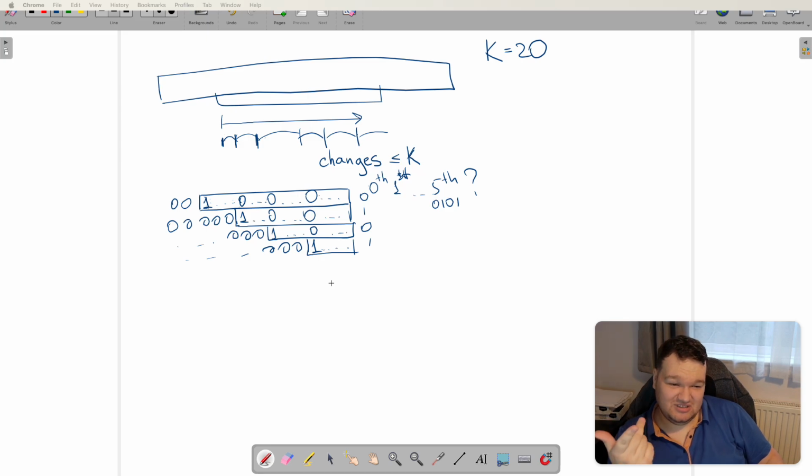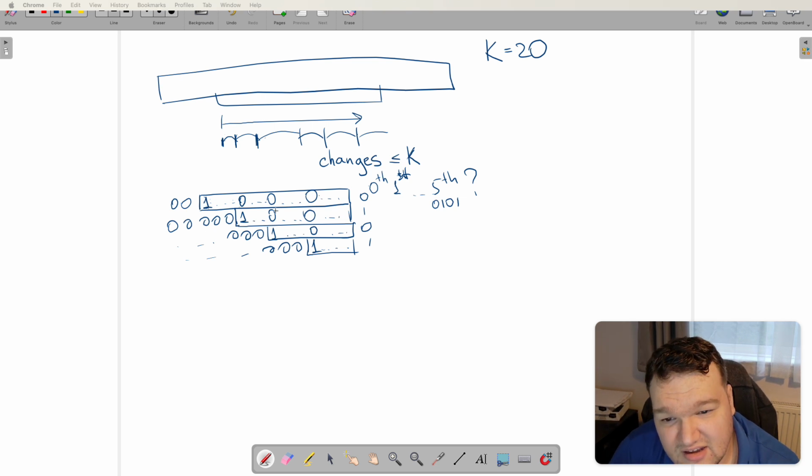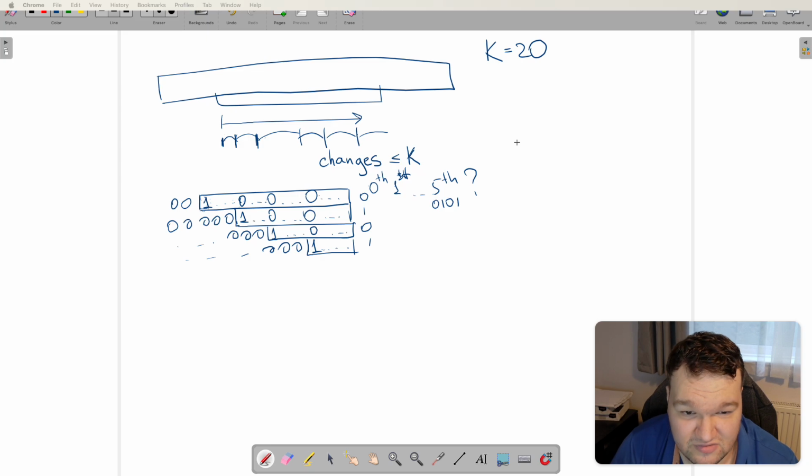So okay, assuming I have this basis representation, it has size k, and I can skip this whole group in O of k time. So if I have all the bases,